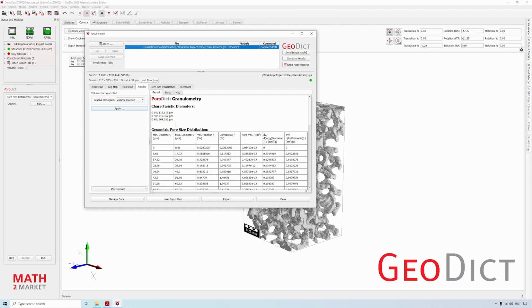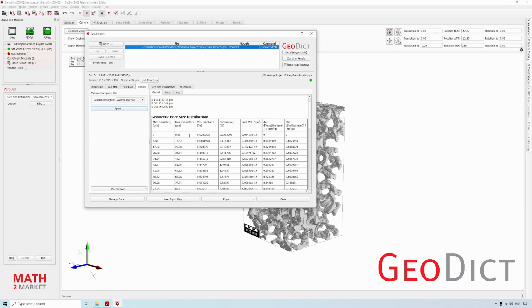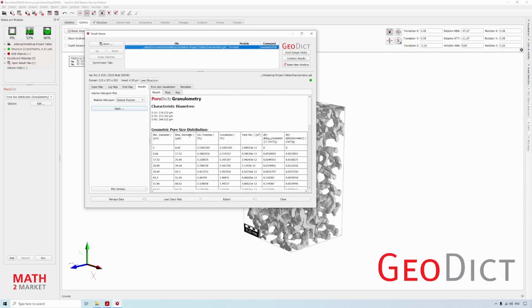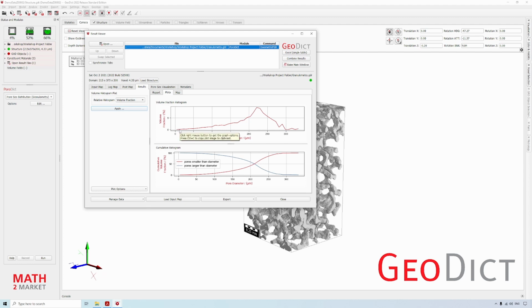When the granulometry is finished, the result viewer opens and you can view in the Results tab. You get the report, which lists the characteristic diameters, D10, D50 and D90, and also the geometric pore size distribution as a table. This table is also shown in the plots, but as a plot.